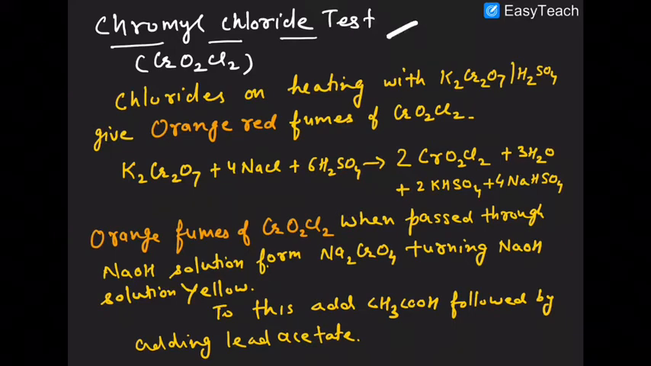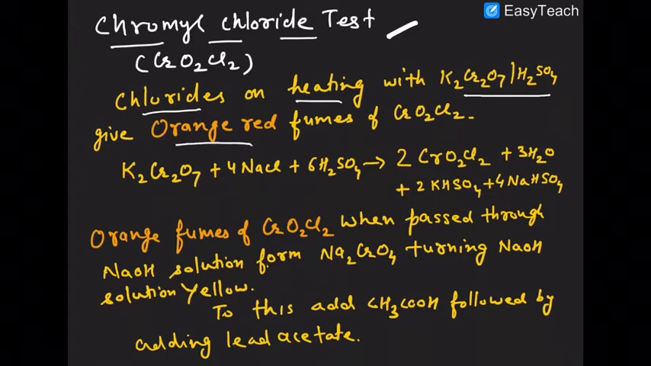Now, the chromyl chloride test is given by compounds which have the presence of chlorine in them. This test is given by ionic compounds. Organic compounds do not give this test; even covalent nature halides also do not give this test. So when a compound containing chloride ion is heated with potassium dichromate in concentrated H2SO4,